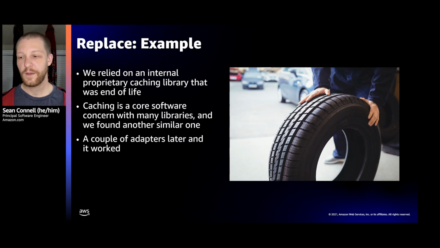I was able to, with just a couple of light spot welds to some adapters, drop it in. And this is going to be more difficult or less based on your application architecture, like is stuff factored out well, is it plug-in, or is it coupled? And it also depends. Some of the dependencies you have will not be so decoupled. They'll have to be by nature integrated to the core. So if you find one of those needs to be replaced, it'll probably be difficult. But this will depend. And you might get away with just a couple of adapter classes like I did.